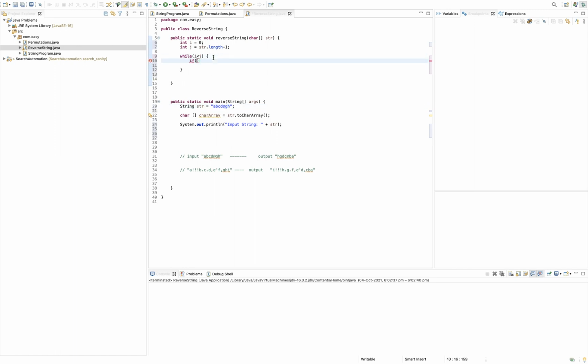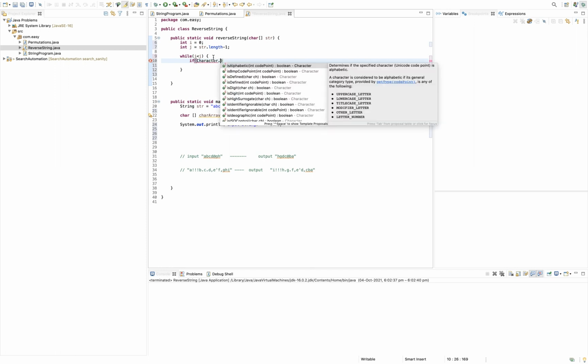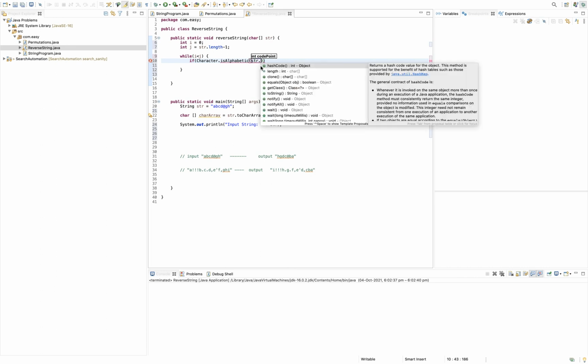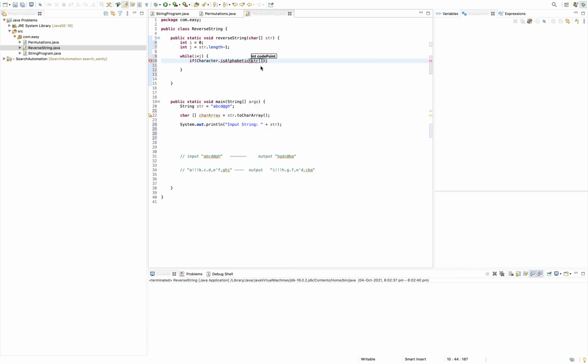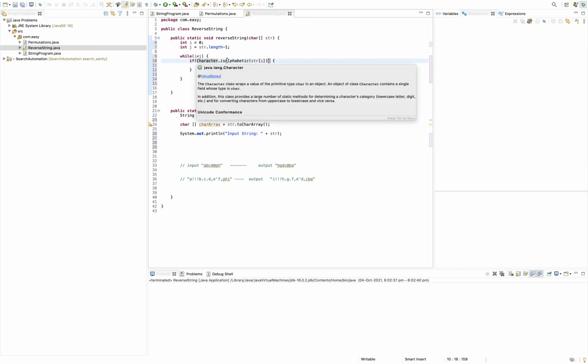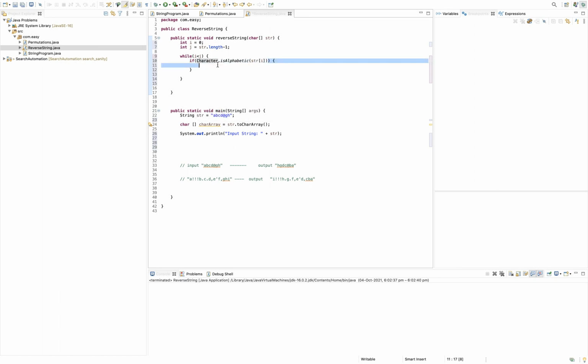So I'll take one if condition, and this is the method isAlphabetic. We are going to use it for string index i, and if it finds an alphabet, this will return true. But what we want is to check if that string has a special character at the ith index.